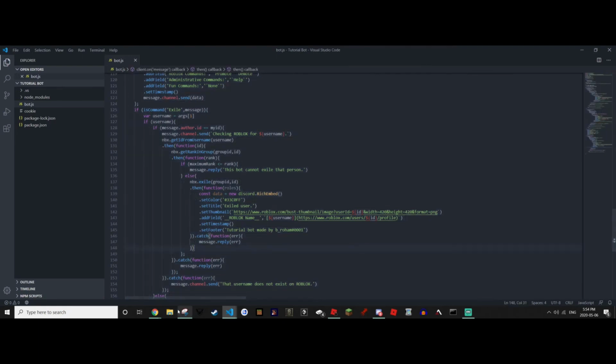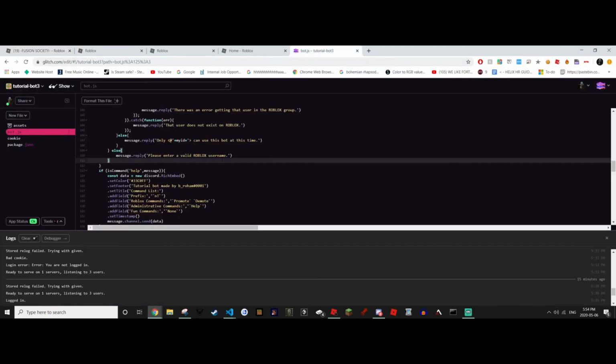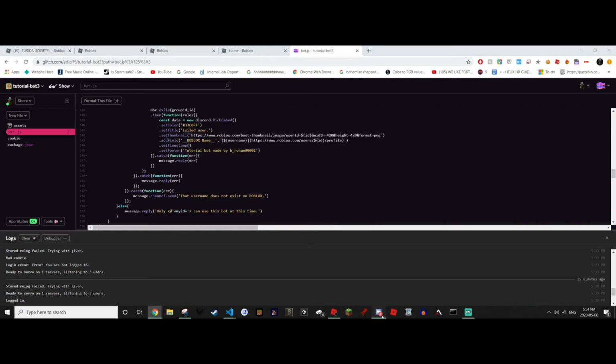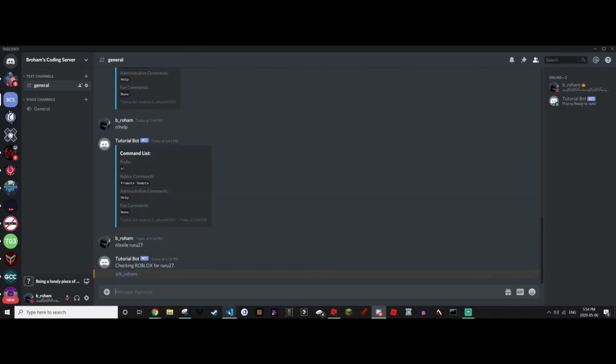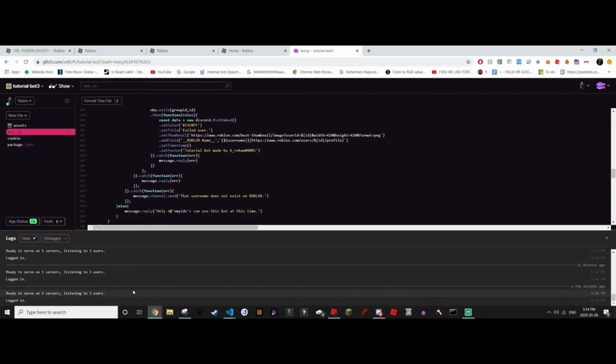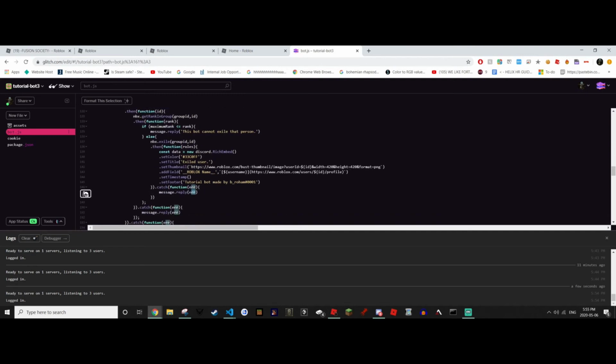Now if I try to run this it will return the error that I'm not able to exile, so I'm just gonna run the command and exile who I used before, Ruru27. It's gonna say, okay, it just pinged me because the error is that it just doesn't have permission. So what I'm gonna do is I'm gonna make it type I can't